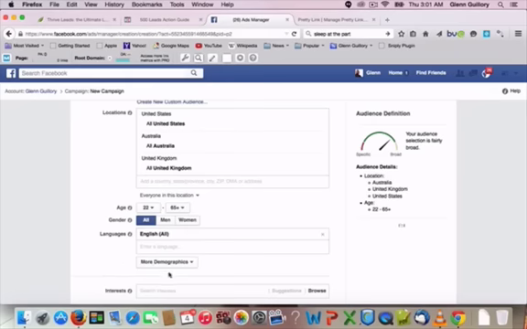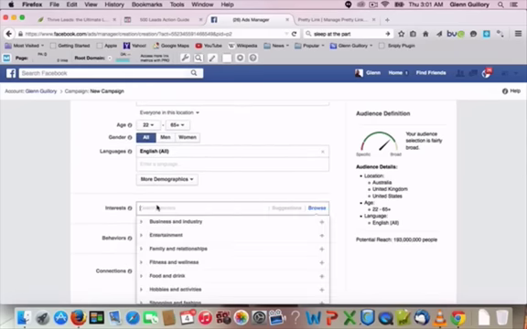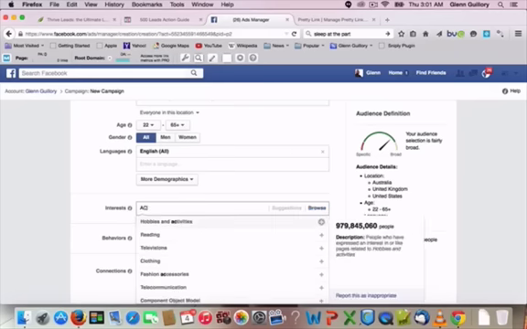And you want to go ahead and click English all for the languages. You see here interests. Now today I'm targeting MLM companies. When you're targeting, you want to be specific. I could just write in MLMers or MLM companies, but that's way too broad. That is millions upon millions, and you don't want to be that broad in your targeting. If you're targeting individuals, leaders in your niche,